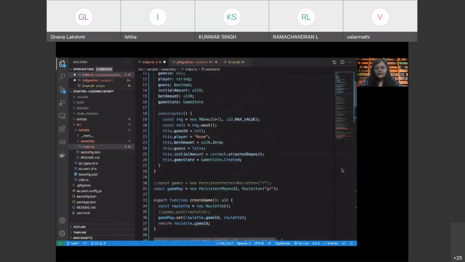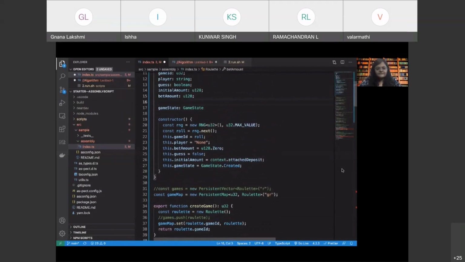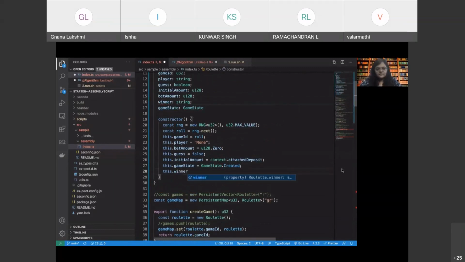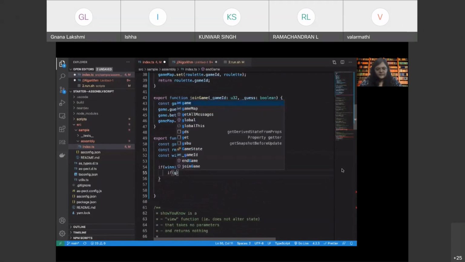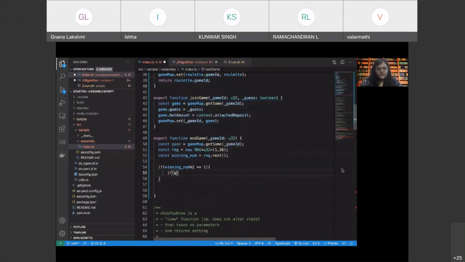Should we also have a winner, right? Yeah, we should. So here the winner, let it be the context dot sender by default, right? That is us, I mean the game itself, right? So we need to check if the game dot guess is equal to true.